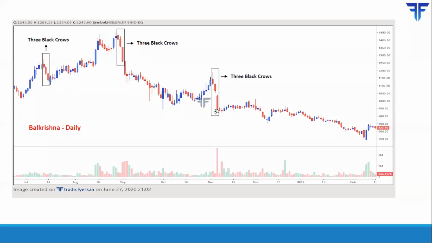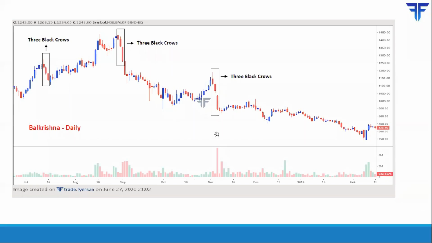So once the low of the third candle was broken, going forward, there was a brief consolidation in price for the next several days, but then that downtrend resumed again. As you can see, the high of the third candle was never broken. What is interesting to note in case of the middle and the latter three black crows is that there was a very marked uptick in volume. So if these three candles are followed by a significant uptick in volume, then it indicates that this pattern could work out very well. So these two patterns were worth acting upon.